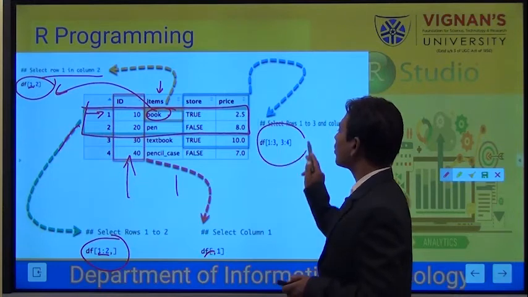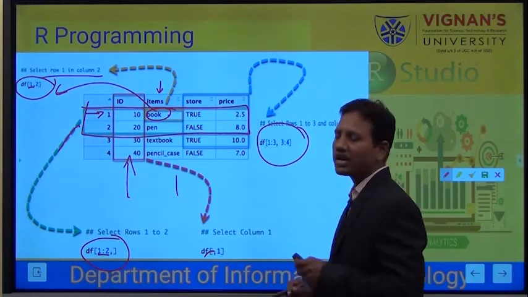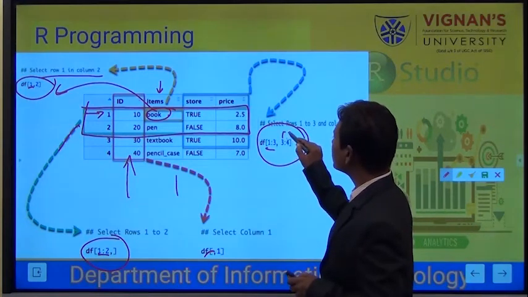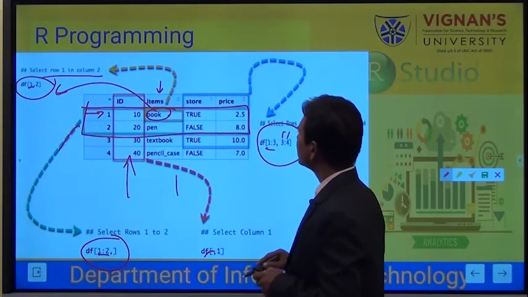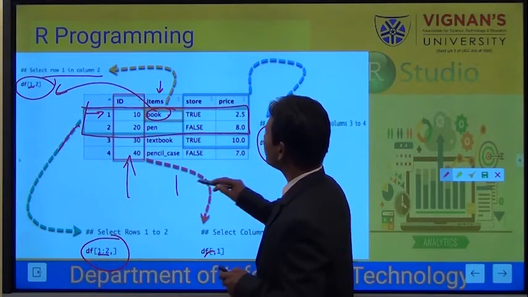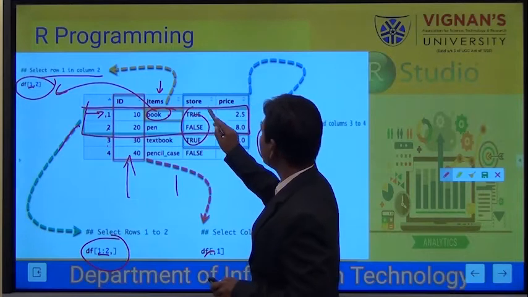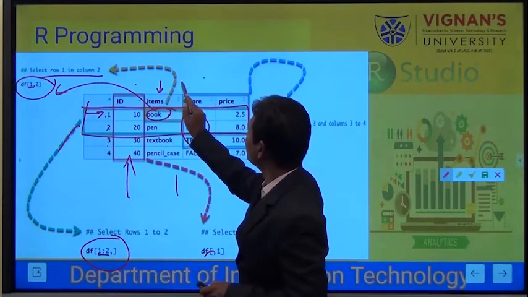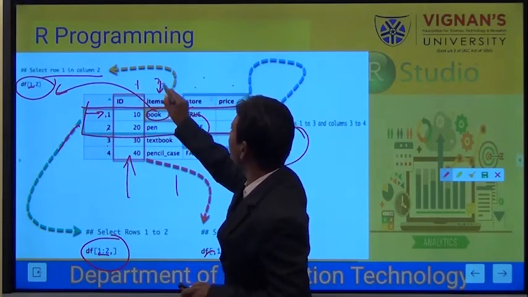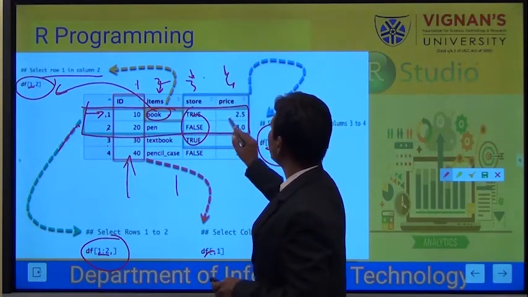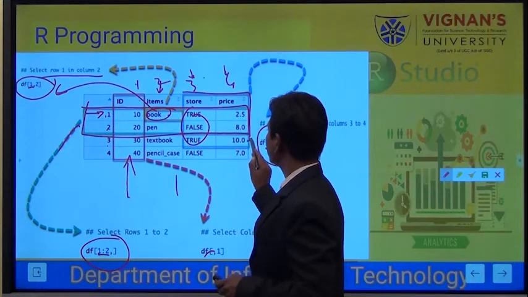And here we wanted to pick a part of the data frame, first 3 rows and the third and fourth columns. So 1 to 3 is going to be 1, 2, 3, this part, and 3, 4 is 1, 2, 3, 4, so the 3rd and 4th columns, this box.